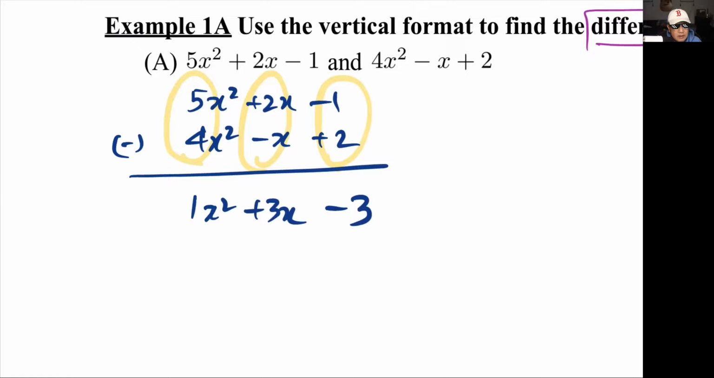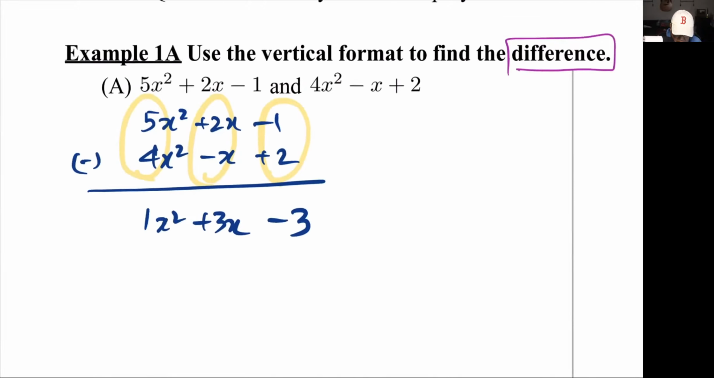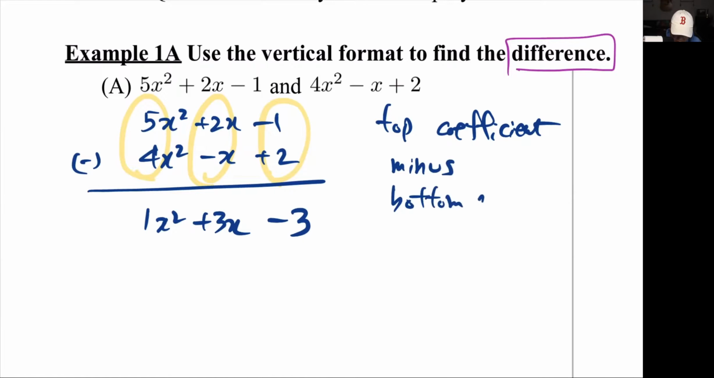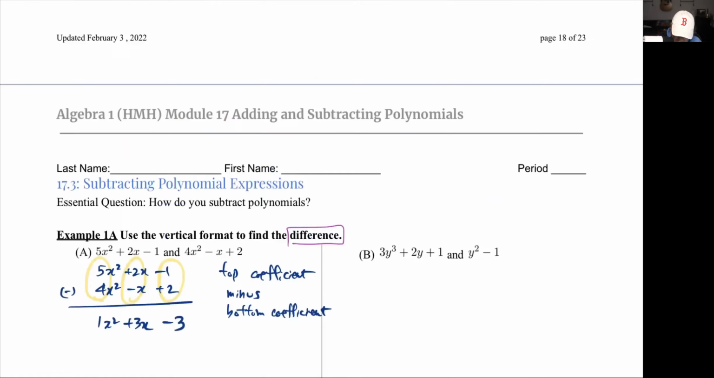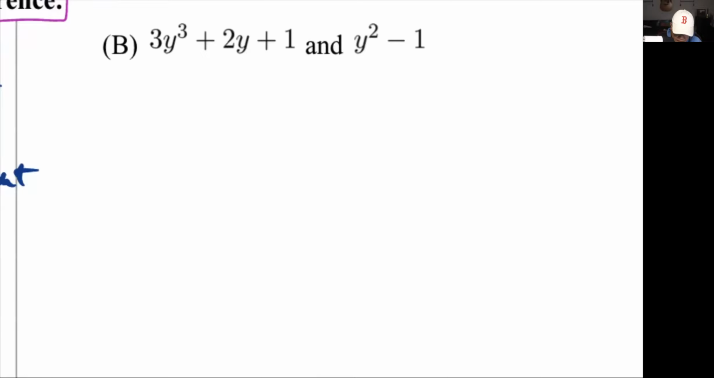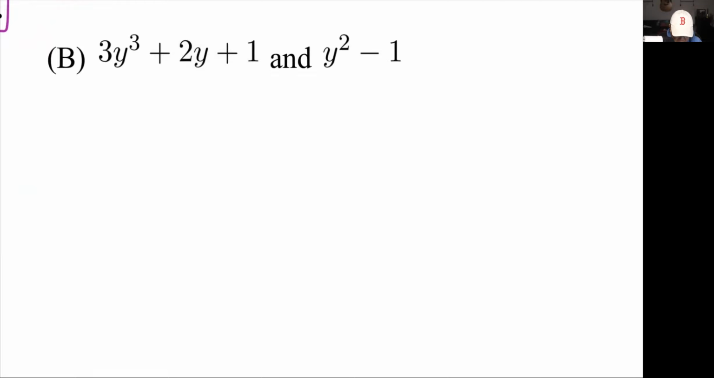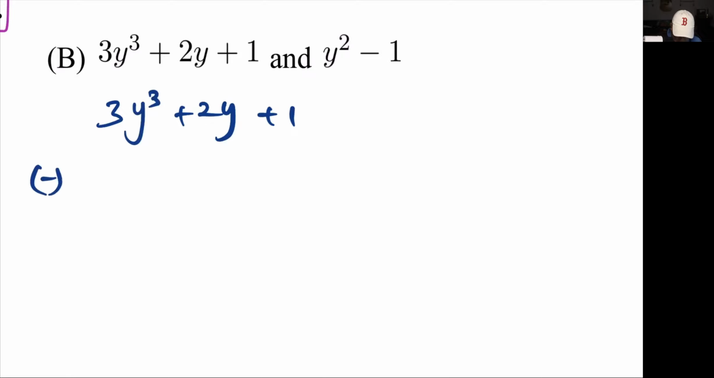So it's the top coefficient minus the bottom coefficient. If I bother to write it myself, you should write it yourself as well. Be sure to copy that down, please. All right. Let's do one more. So this one's going to be 3y cubed plus 2y plus 1. I should rewrite that. Minus,